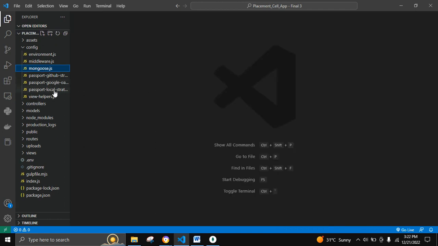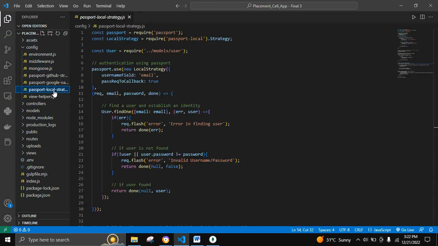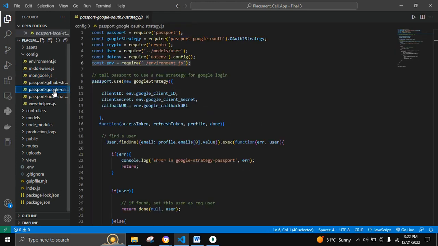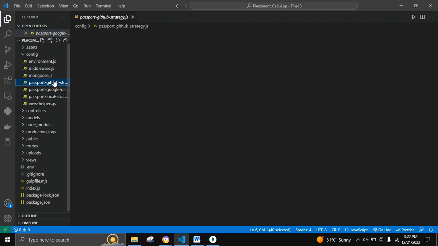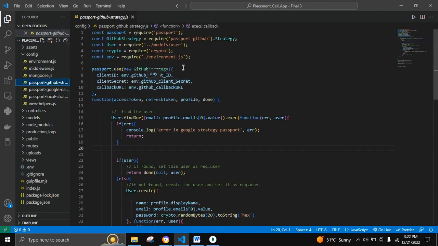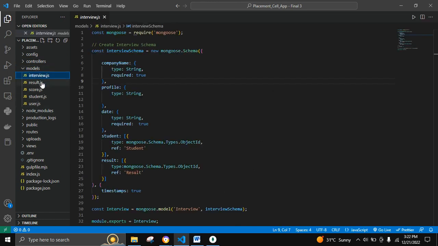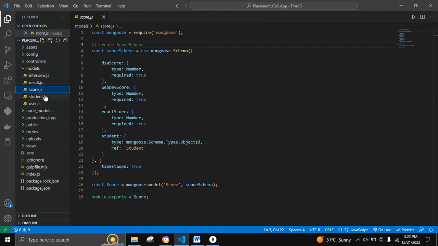Then we have used three passport strategies. One is passport local strategy to locally authenticate the user. Another is Google OAuth strategy to authenticate the user via Google, and one is passport GitHub strategy to authenticate the user via GitHub. Then there is one models folder which consists of all the schemas of the interview, result, score,